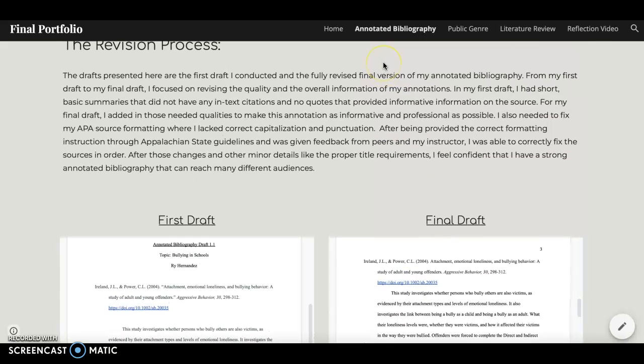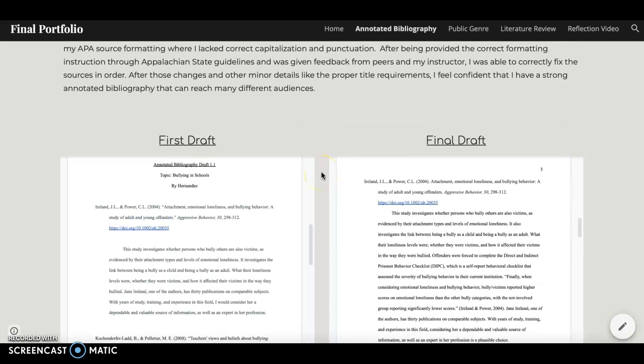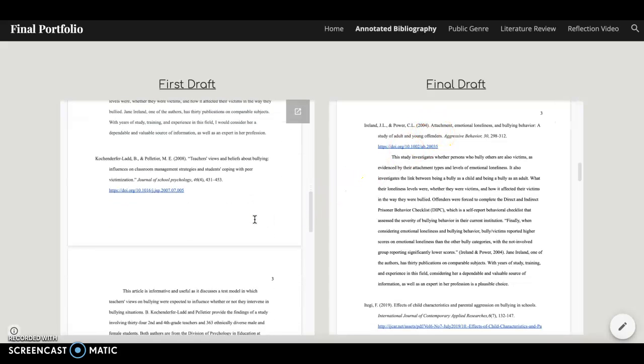information, which I talk about needing in-text citations and some quotes, and being able to have the correct APA source formatting, which I had struggles with, capitalization and punctuation. And after receiving feedback and being able to get specific instructions, I was able to make that switch. For instance, I had quotation marks around here, and in here you're not supposed to have them. Again, they're throughout my